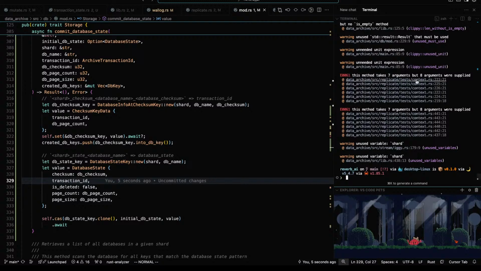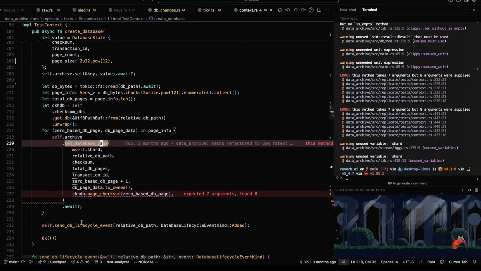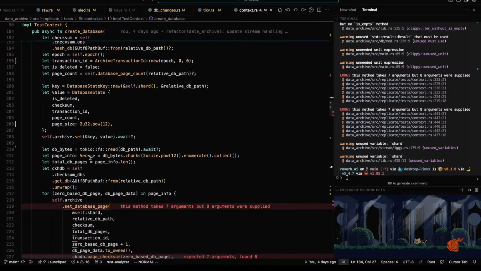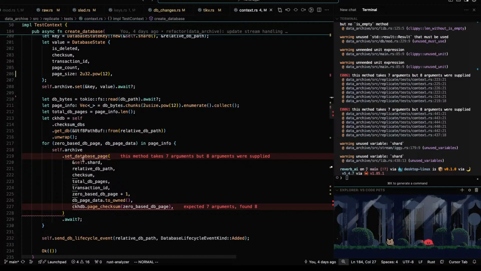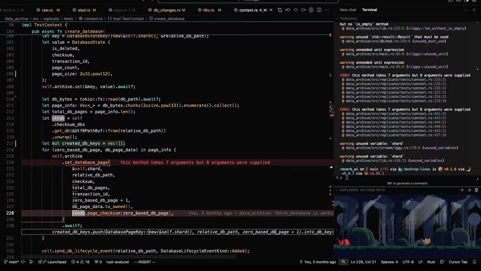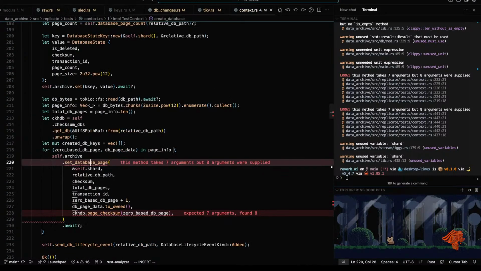These are essentially the same thing. So we call set database page. Now, does this test care about cleaning up create database? It doesn't. Okay. But it does need to have a vector passed in. All right. But this is just wrong. So we have shard db name transaction ID.